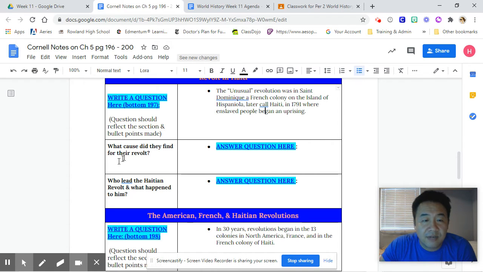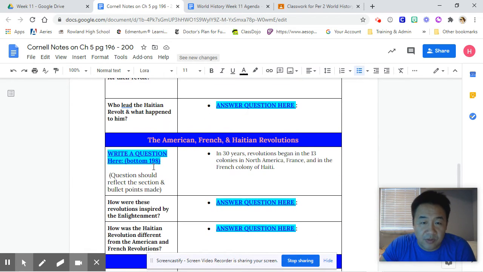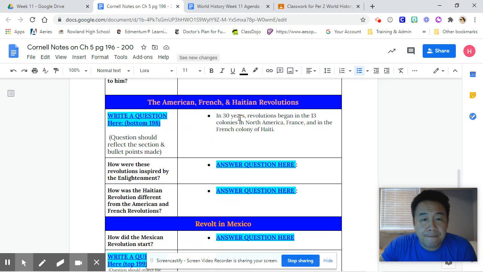What cause did they find for the revolt? And that's going to be for Haiti. And who led the Haitian revolt? And then you ask the question here, and what happened to the leader of the Haitian revolt? Okay, again, question, and then a fact. So answer the question here,